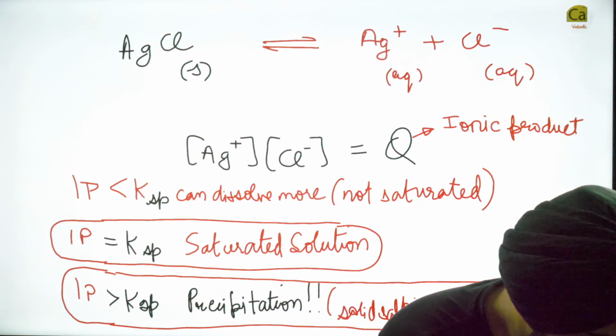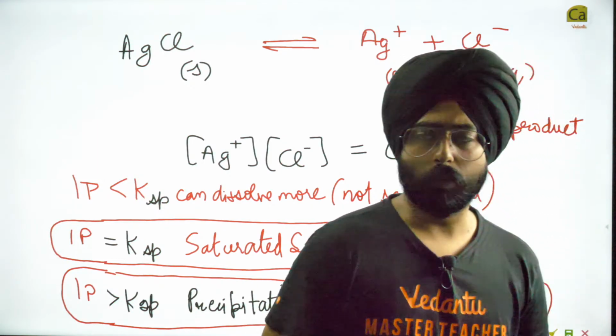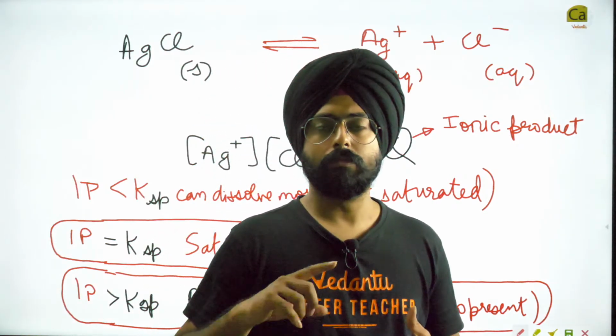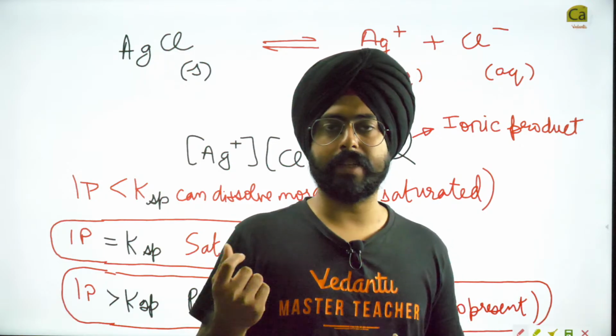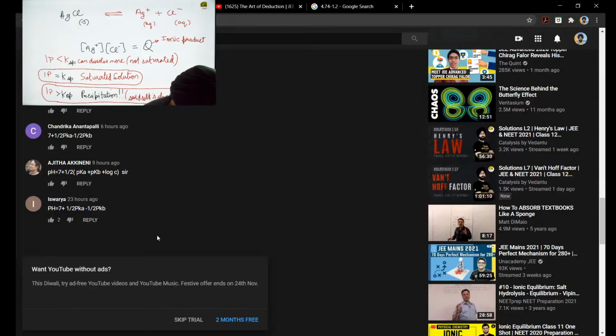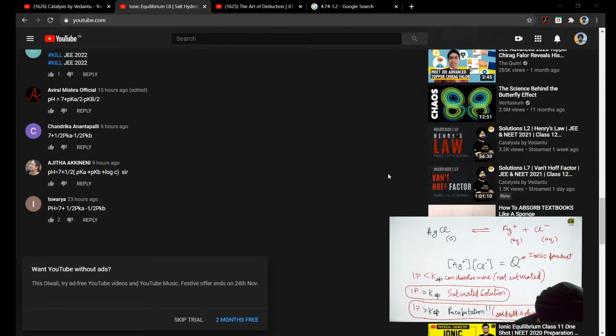Let's see how many people actually give the correct answer. So the homework question was to give the formula for the pH of the salt of a weak acid and weak base hydrolysis. So let me see how many of you have given me the answer. I'll put this up here.